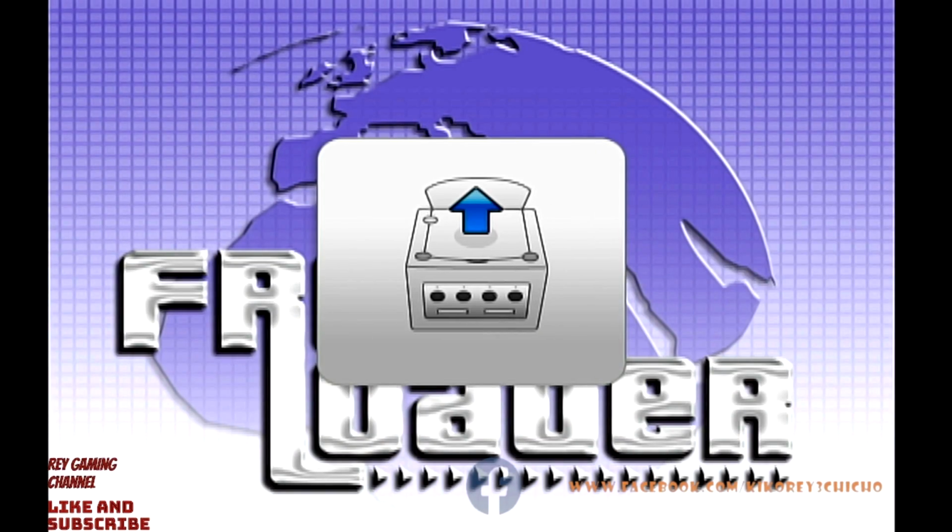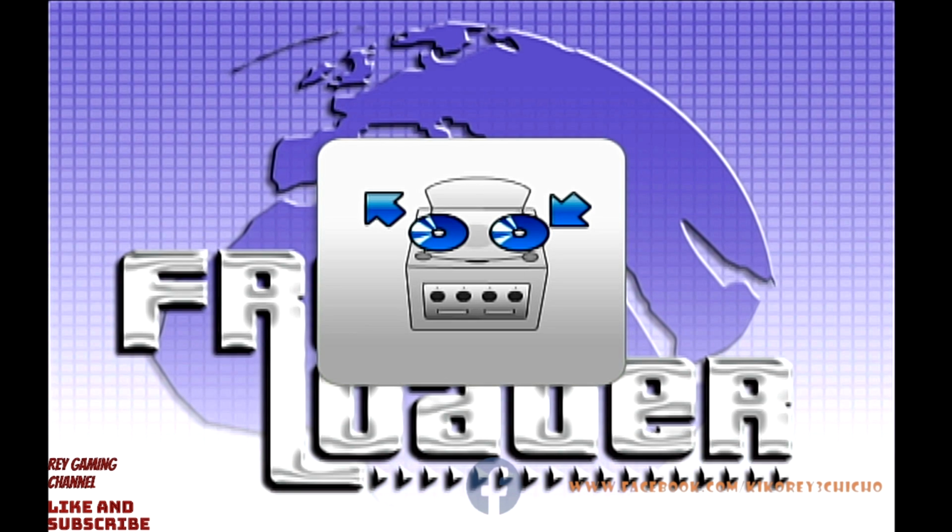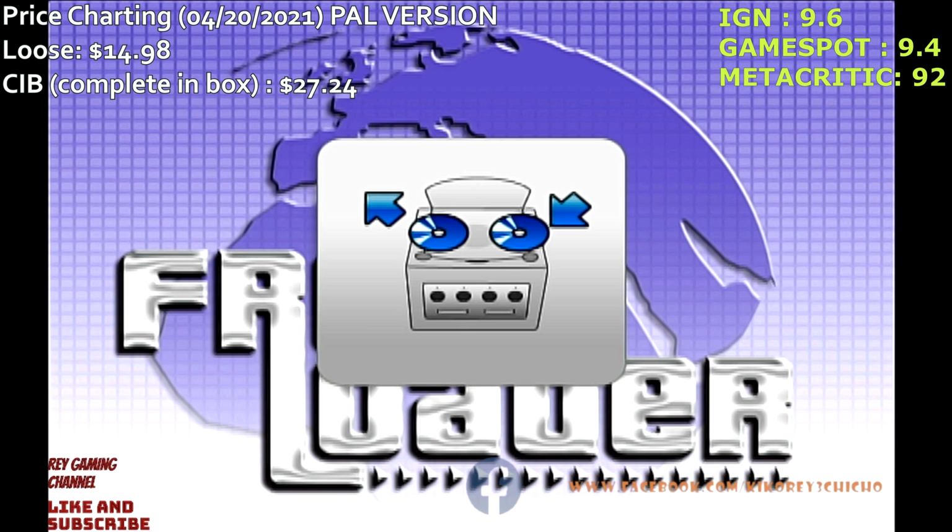So once you put the Freeloader disc in, you're gonna get to this screen, and then you open the lid of the GameCube, and then you insert the game you want to play. It can be Eternal Darkness or the Japanese games I just showed you. But make sure,